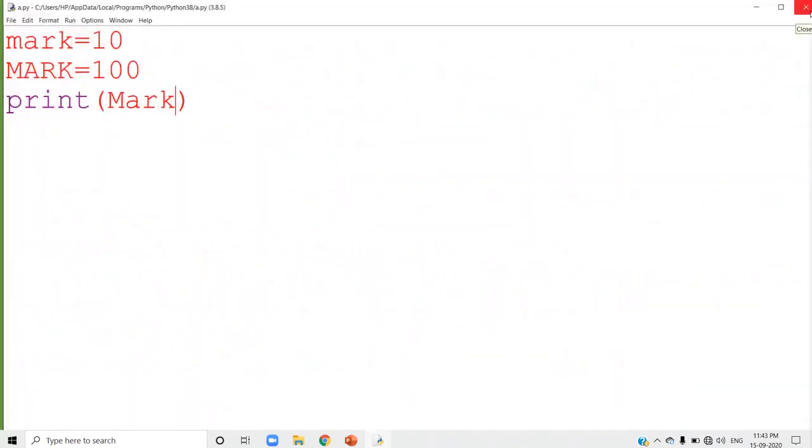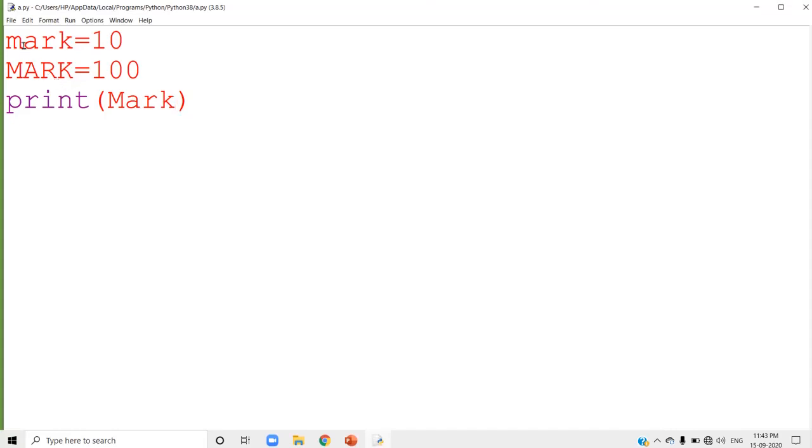That is why the rule mentions that variable names are case sensitive. If you give the variable name in small letters, when you use it you must use the small letters itself. If it is capital letters, then you must use the capital letters itself. But when you name an identifier or variable, you can use a combination of capital letters and small letters. Don't think that only small letters or only capital letters can be used.